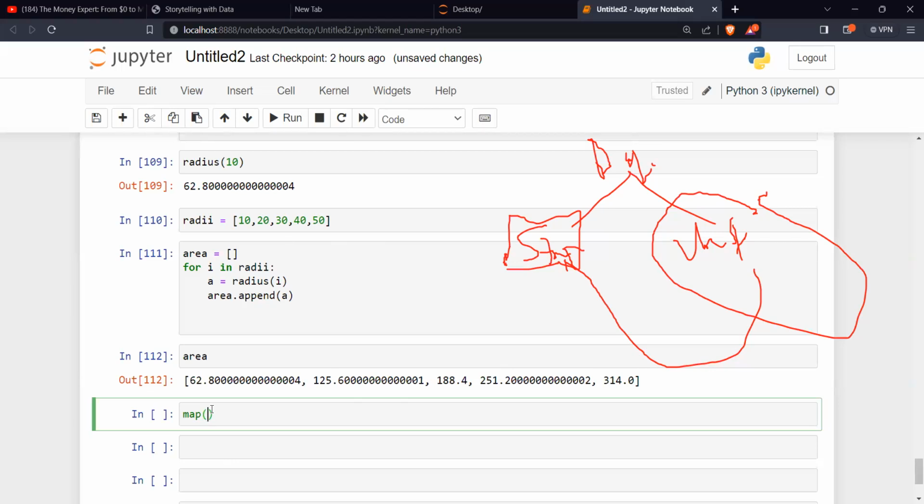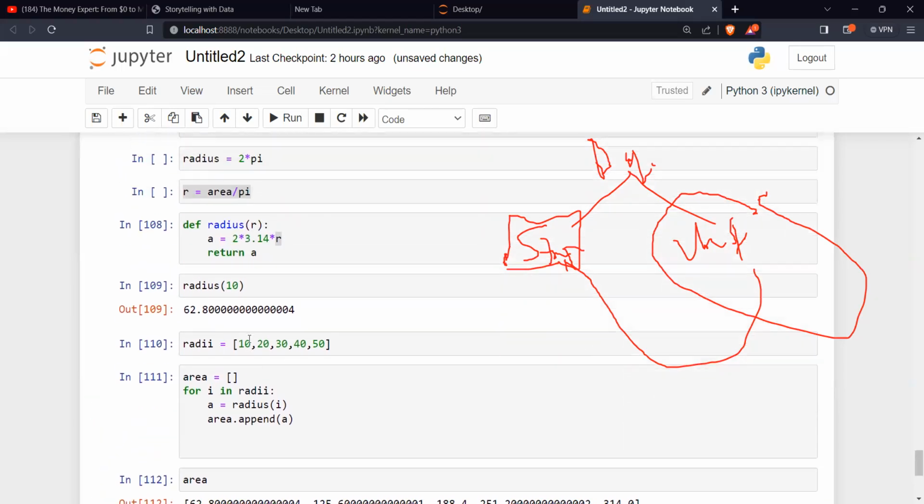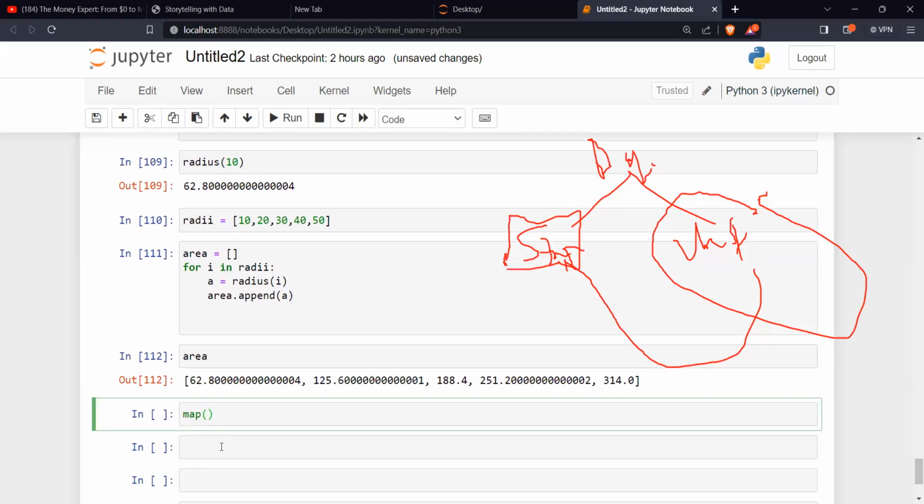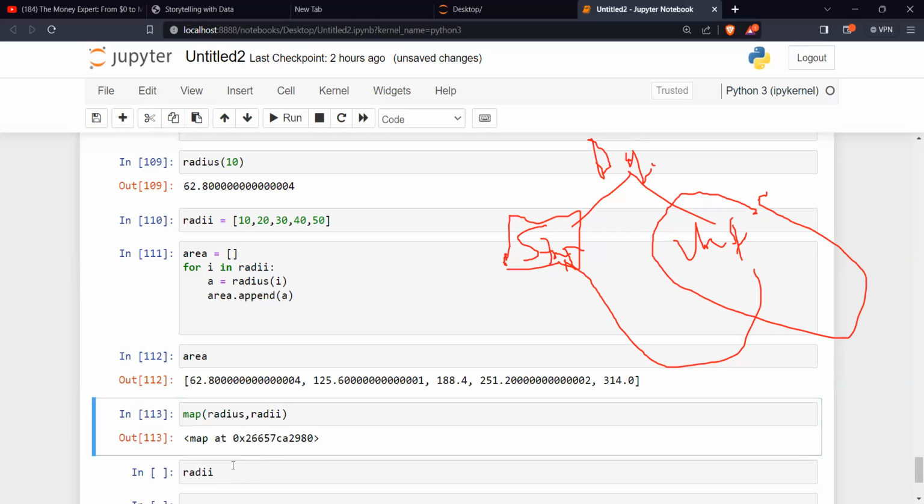Radii to area. Which one do I already know? I know my radii. I want to map it with my function. My function is radius. So I know my radius function, then radii. Okay, so map.